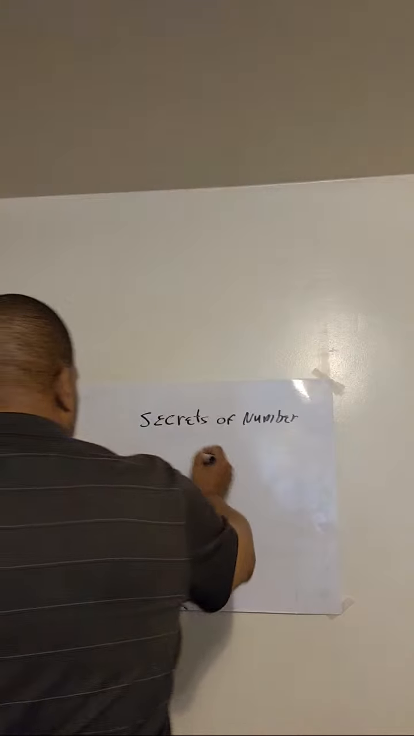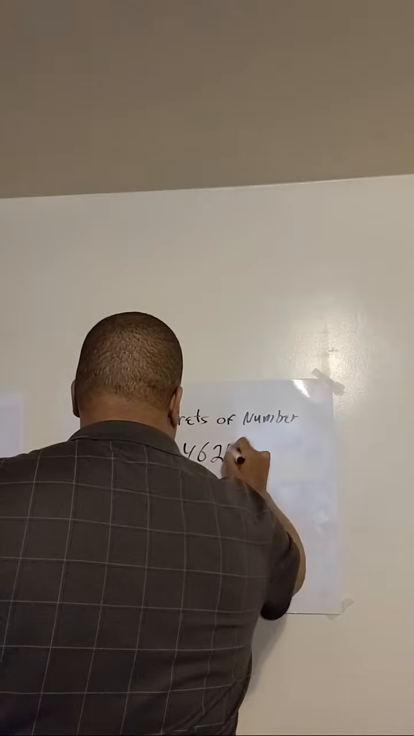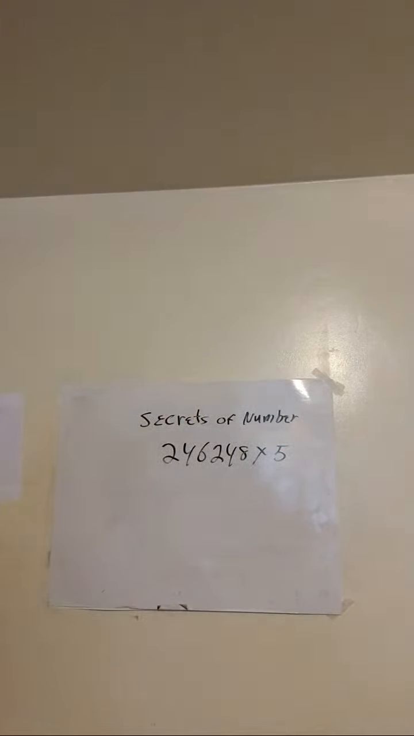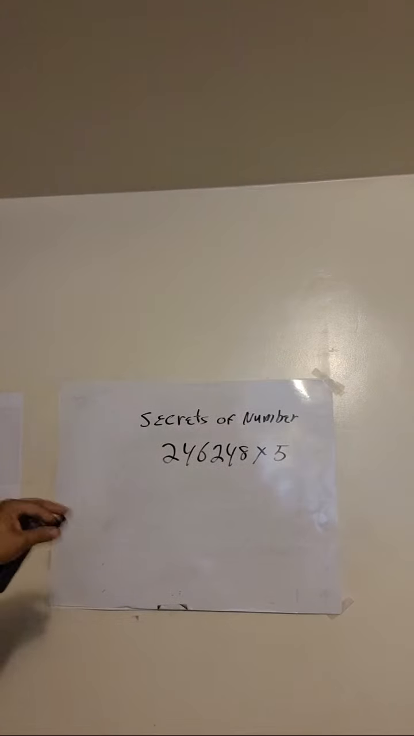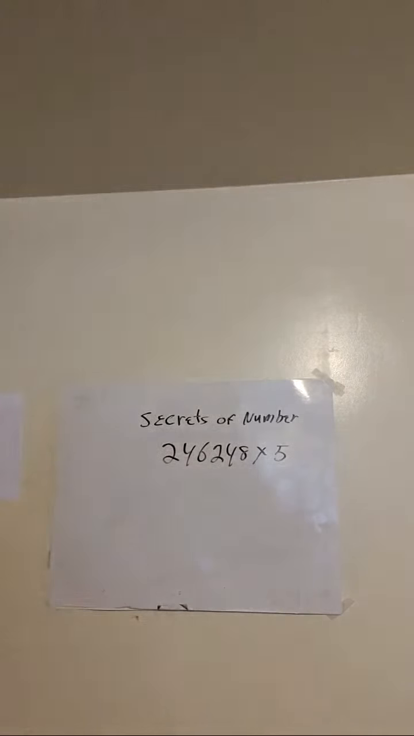Okay. So let's say, for example, you're going to multiply this number times 5. All right? So you see there, okay? So that's going to be 246,248 times 5. You look at it and say, wow, it's going to be hard to do because it's a big number. But the thing about it is there's a secret. Of course, you know this. All you got to do, or at least you will know it, all you got to do is cut it